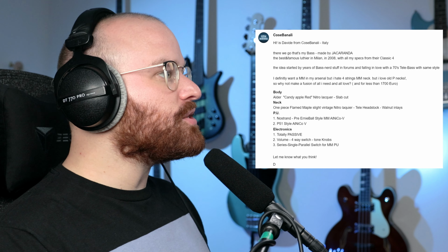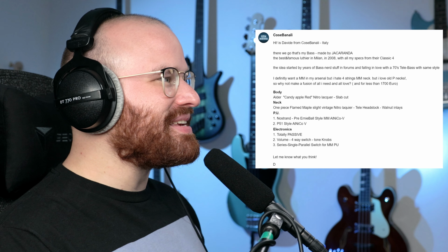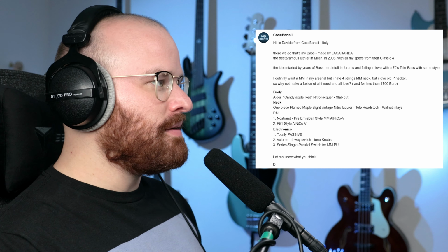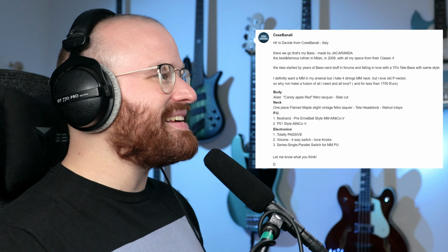The best and most famous luthier in Milan in 2008 with all my specs from their classic 4. The idea started by years of bass nerd stuff in forums and falling in love with a 70s Tele bass with the same style. I definitely want an MM in my arsenal, but I hate 4-string MM necks. But I love old P necks, so why not make a fusion of all I need and love for less